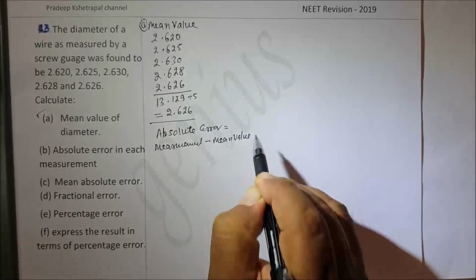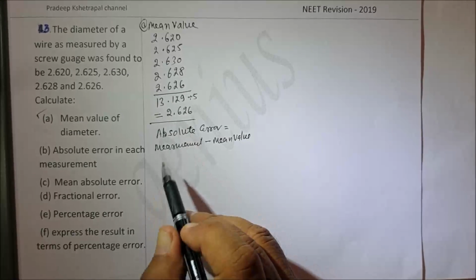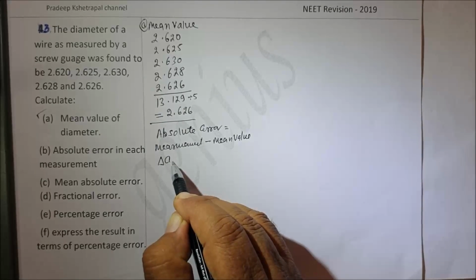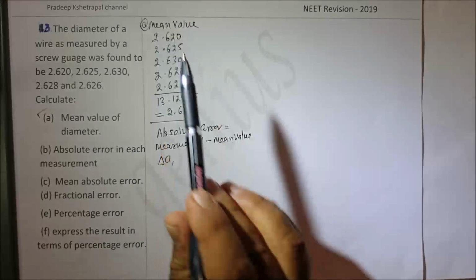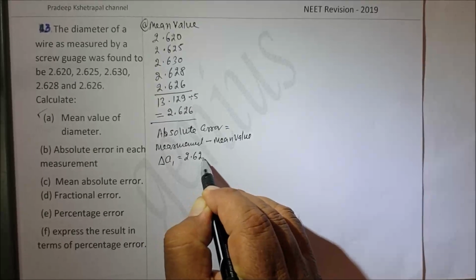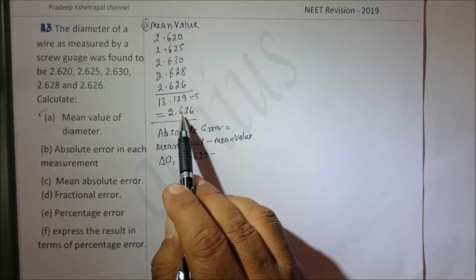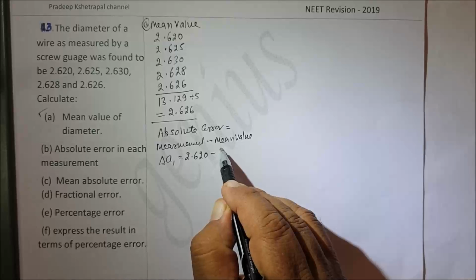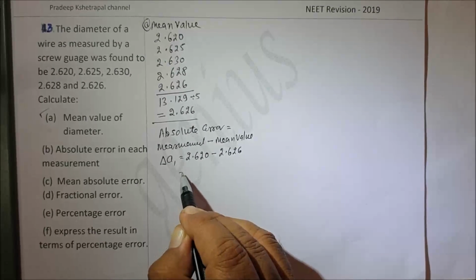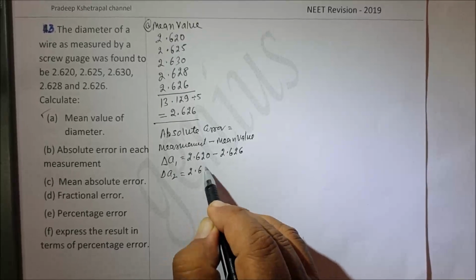The difference of the two is the error. So we take here error delta A1 in measurement number 1, that is equal to 2.620 minus 2.626, which is the mean value. And first we write them all. So second, delta A2,